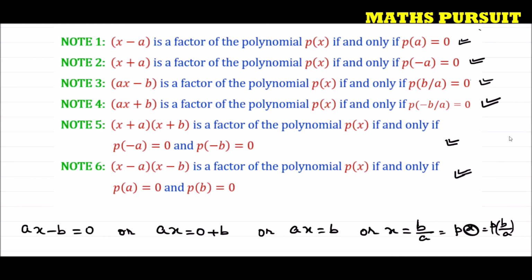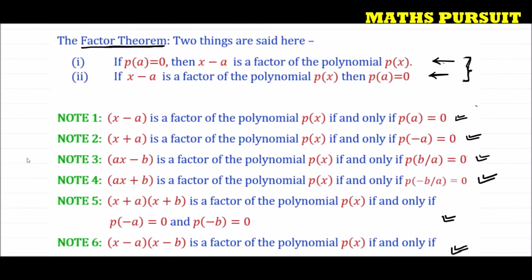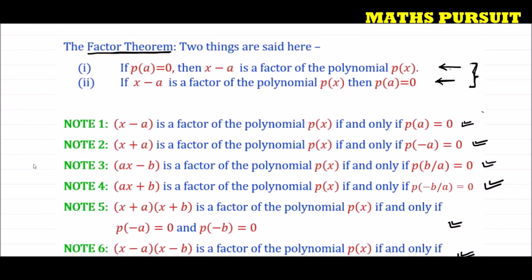So we need to be very careful while answering the questions. If we get any question, we can put those things in this format, as per note 1, note 2, note 3, 4, 5, 6, and then we can easily solve this type of question. Hope you understood this, that there is nothing in the factor theorem, we only need to understand that if P(a) is equal to 0, then x minus a is a factor of the polynomial P(x), and vice versa. If x minus a is a factor of the polynomial P(x), then P(a) is equal to 0. Either way. This is very simple and very straightforward. We just need to understand certain concepts.